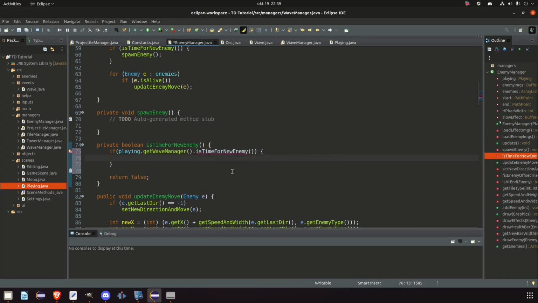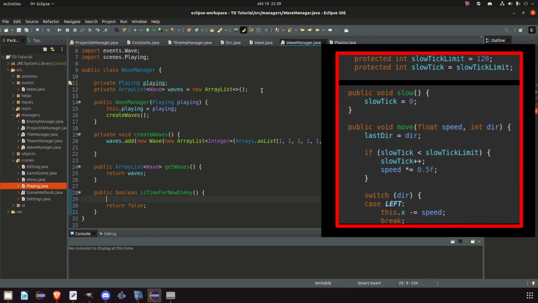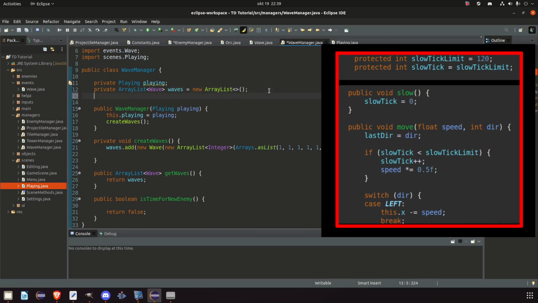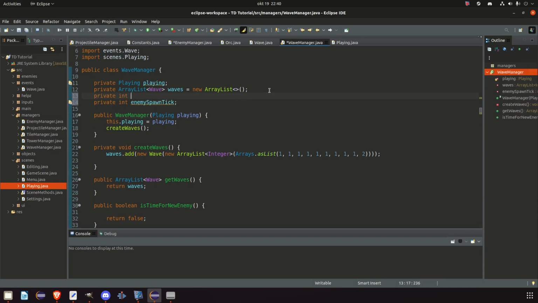So create the method in here in our wave manager. We're going to need some sort of timer, but in the last episode we didn't use any timers for our slow effect, so we're just going to use the same method like we did there. So we're going to add an integer called enemy spawn tick. We're also going to add an enemy spawn tick limit